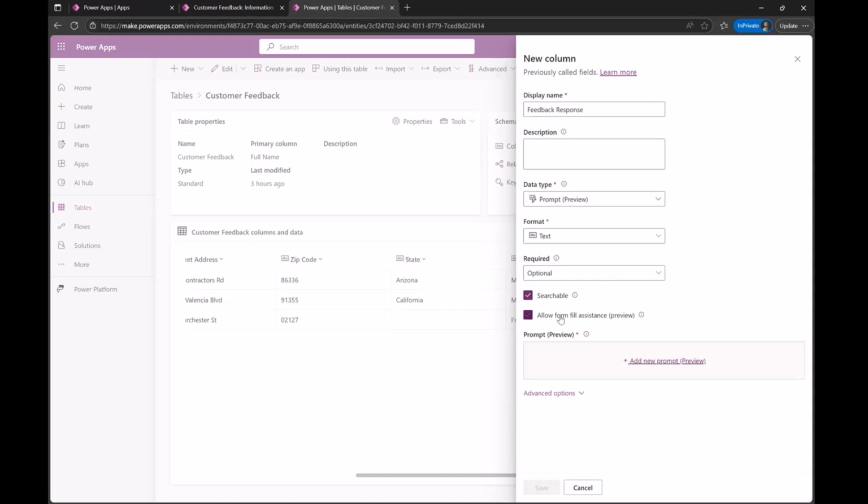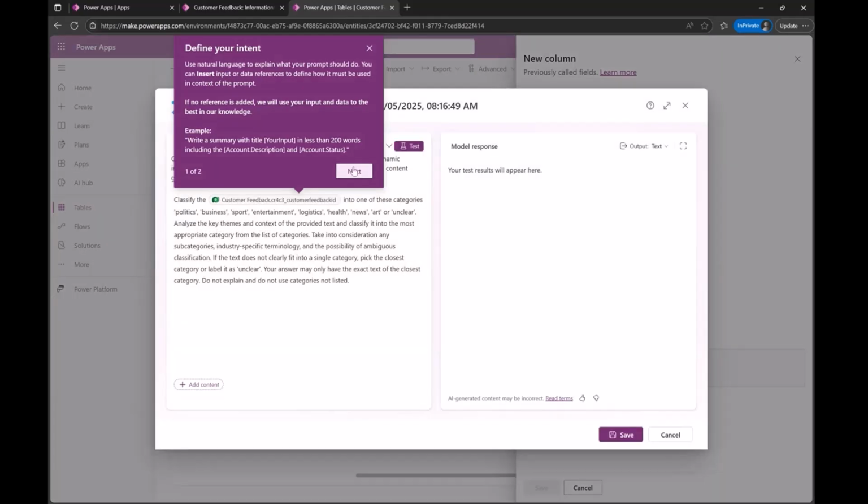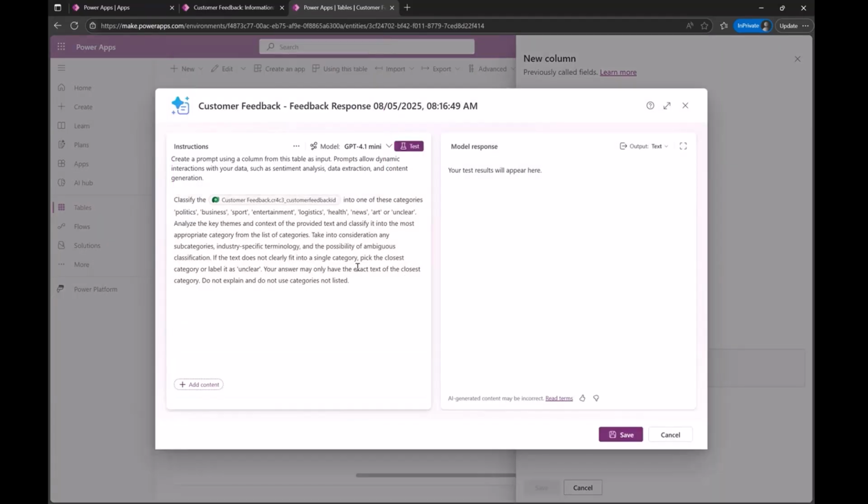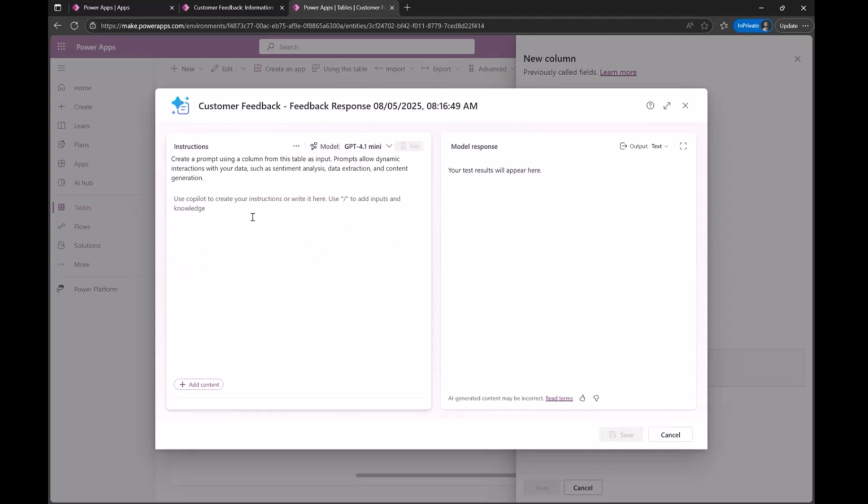And then you can see that it shows the add new prompt dialog here. I'm going to uncheck allow form fill assistance because at this moment it's not applicable. And you can see it'll open up the prompt builder dialog. So there's a lot of things going on here. You can change your model. It already has a pre-filled prompt for you, but I'm going to clear it so that I can write my